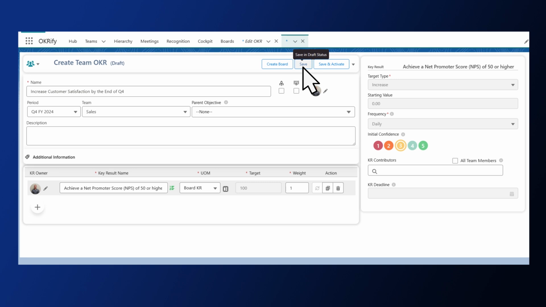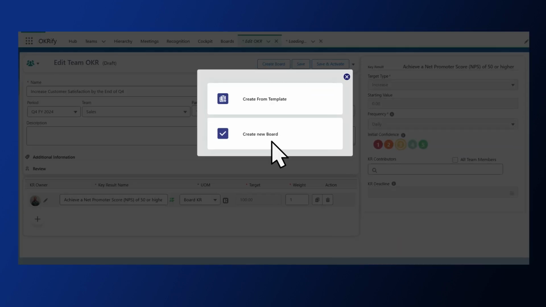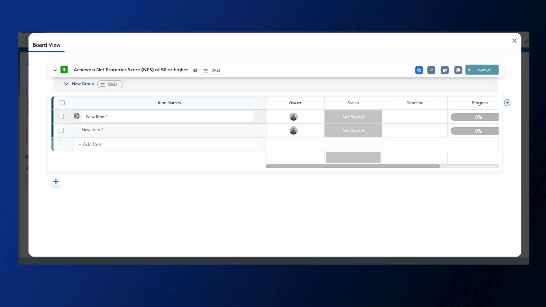After saving the OKR, click this icon to open a pop-up where you can create a board specifically for this key result. In this board, add tasks directly related to achieving the key result. For example, if the key result is achieve a Net Promoter Score (NPS) of 50 or higher, you might create tasks like